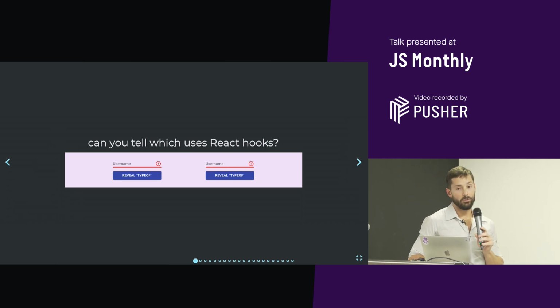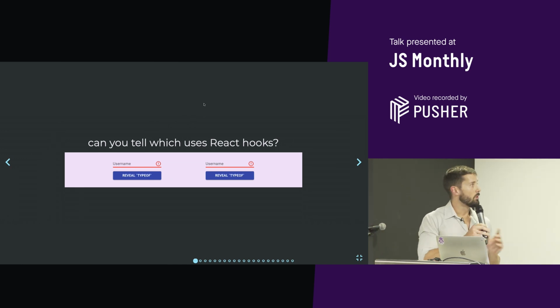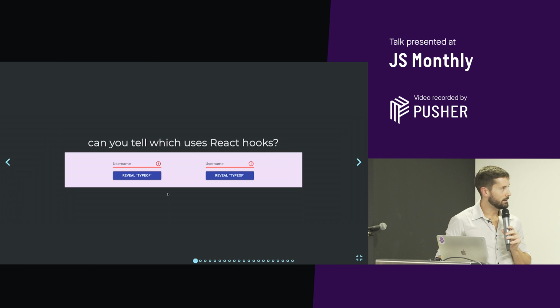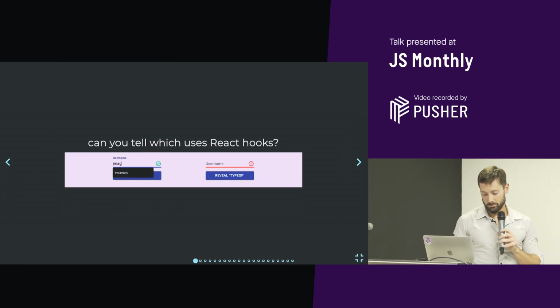Both of them use React. One of them uses old school class state. One of them uses new school hot React hooks. Can you tell if it's the one on the left or the one on the right? So